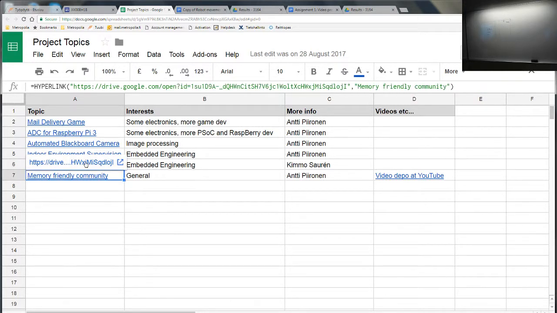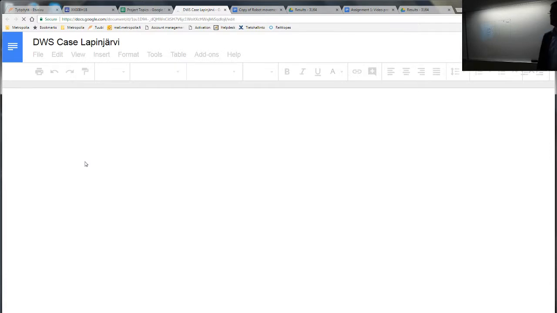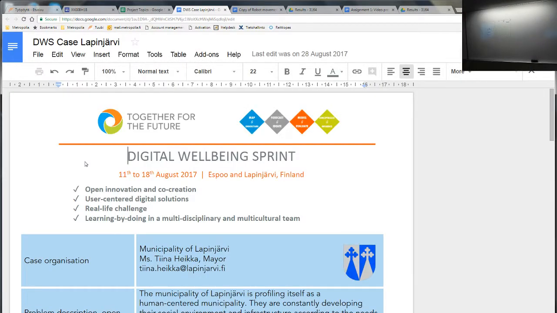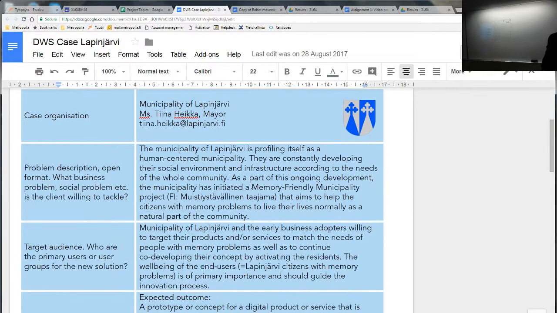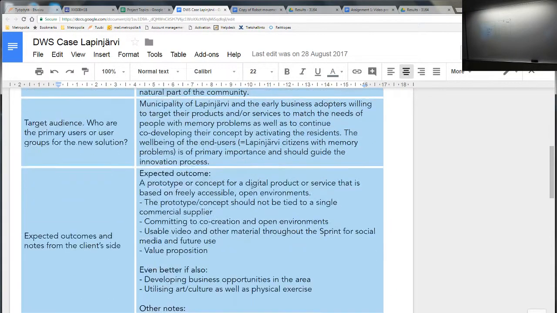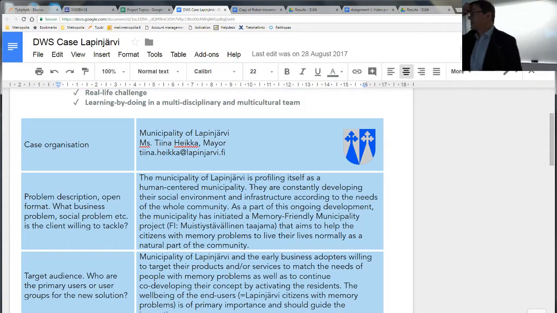Then this actually is the memory-friendly community. Last fall we had the digital well-being sprint that basically came up with eight different ideas for the Lapinjärvi community. Lapinjärvi is between Porvoo and Kouvola, a small city. I think it was only about 2,500 people living in Lapinjärvi, and 60% of them are either retired or close to retirement, which means that basically the community is trying to keep those people